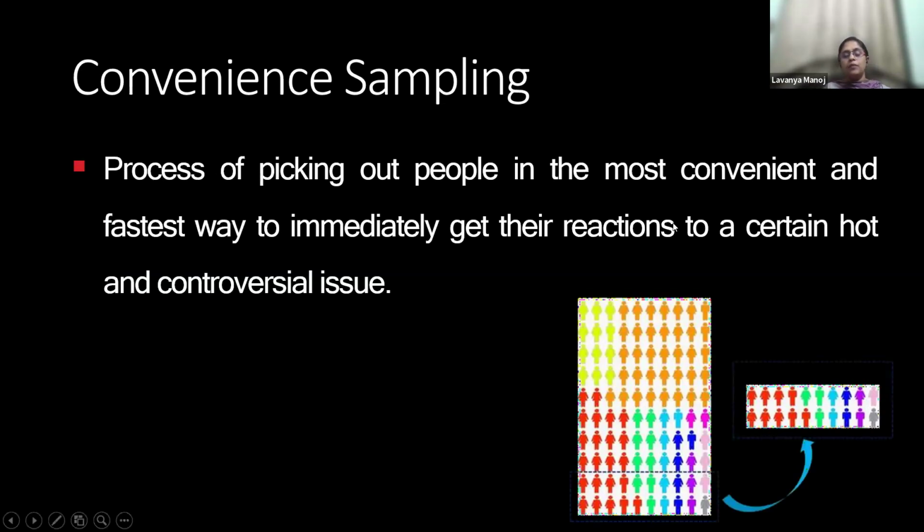The first thing being convenience sampling. As the name suggests, it is the process of picking out people in the most convenient and fastest way to immediately get their